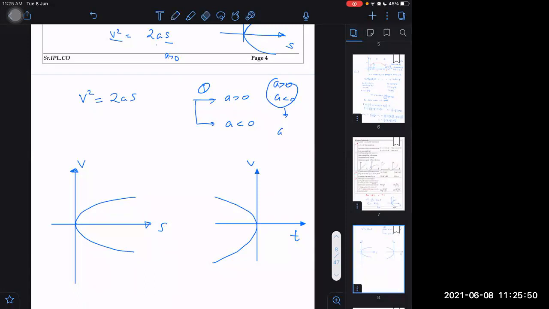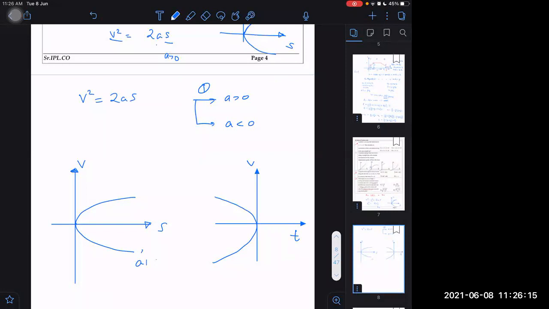You are thinking again in those terms which you learned in earlier classes, that acceleration negative means retardation and acceleration positive means speeding up. Again, it is wrong. Don't say acceleration negative is retardation. When V and A are of opposite signs, then it is retardation, otherwise not.